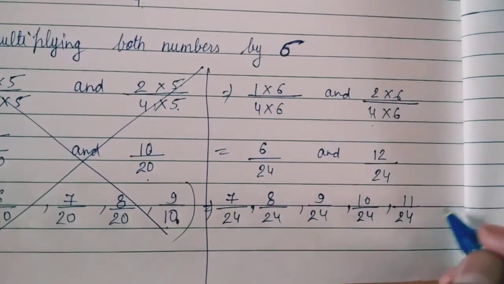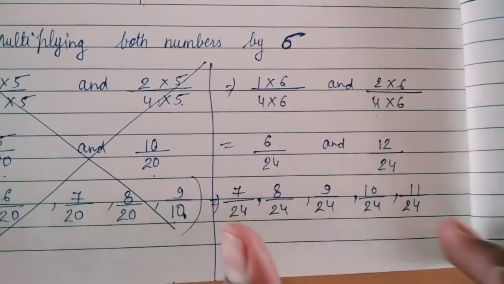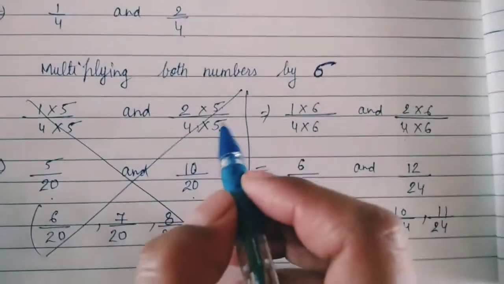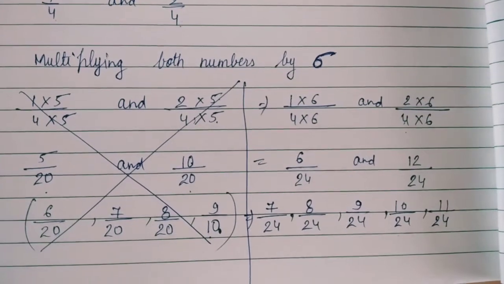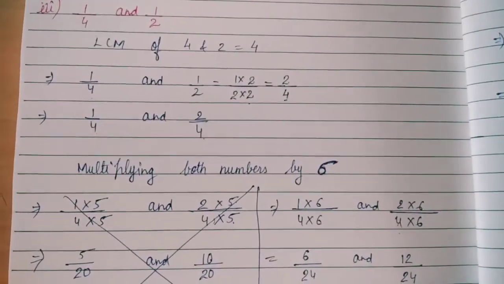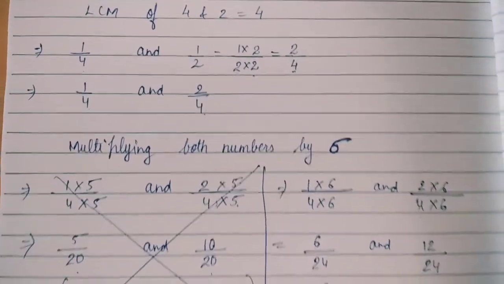Now we will not put etc. here, because only 5 rational numbers are present in between these two. I did this for the explanation only. You can easily identify which number we have to multiply by. So here we completed the third part of question number 5. The remaining questions we will see in the next video.